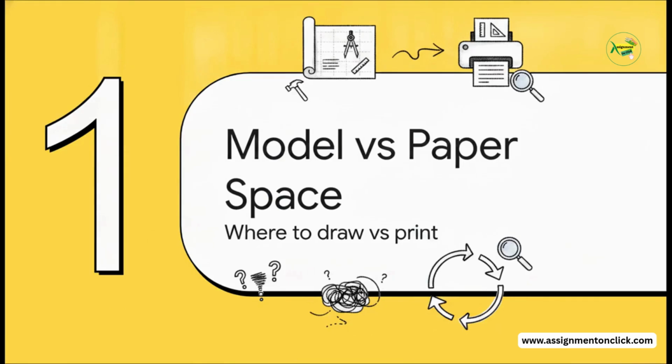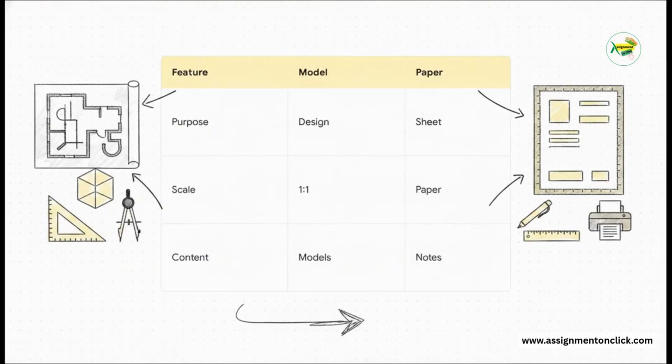Part 1. Model versus paper space. We have to start right here with a foundational concept of AutoCAD, which is separating where we build our designs from where we present them. This paradigm shift trips up so many beginners who try to do absolutely everything in one single place. It really boils down to understanding the contrast between your actual workshop, which is model space, and your presentation board,